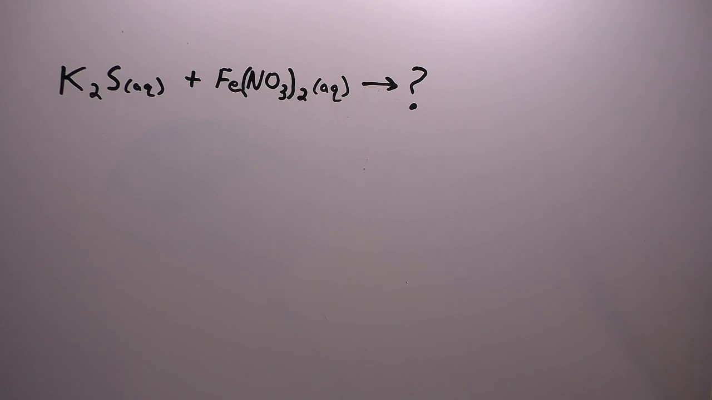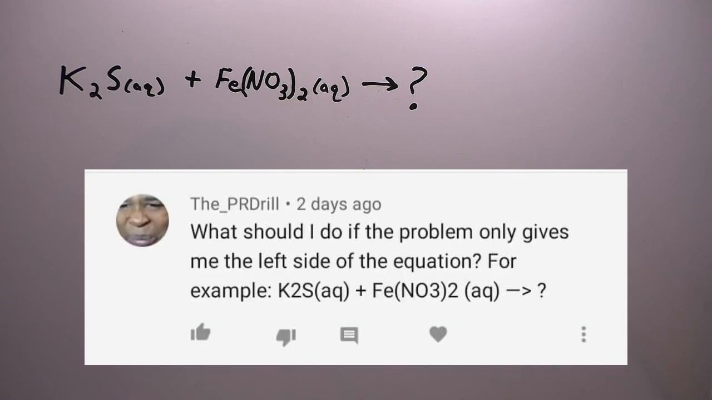So this video is a response to a comment that somebody left me. Just to provide a little bit of context, recently I uploaded a video. It was a balancing chemical equations practice problem, and on that video a user by the name of the PR drill left me a comment that reads, "What should I do if the problem only gives me the left side of the equation?" And the example that he gave was the example that's shown on the board here,